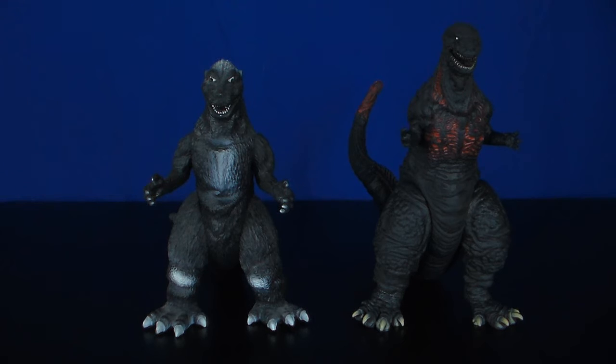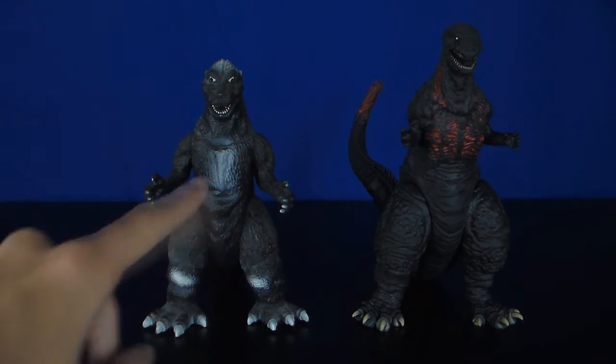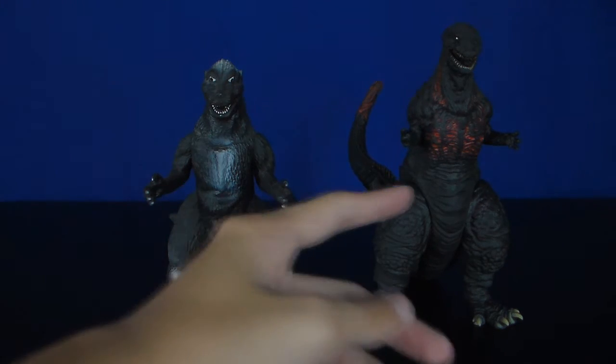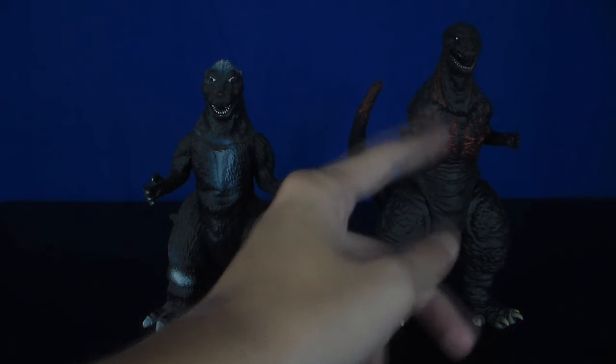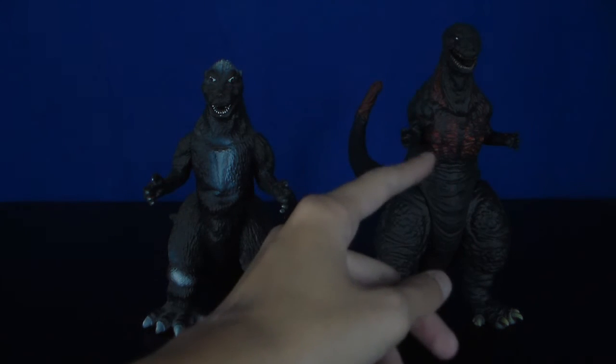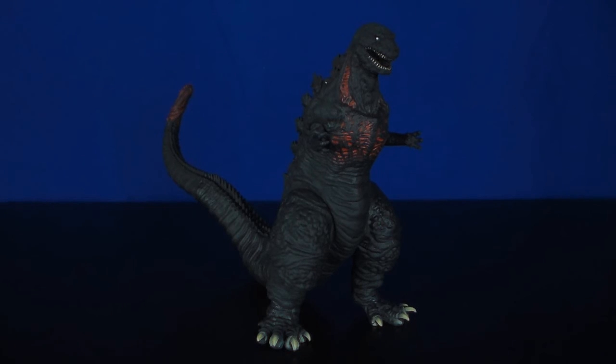And you can also see where Bandai's kind of gotten lazy over the years as far as paint job goes. I mean, yeah, this isn't accurate, but at least there's some color going on here, whereas this just looks like some kid took a Crayola marker and just colored over it. And that's about it for size comparisons. If I had to rate this figure, I'd...